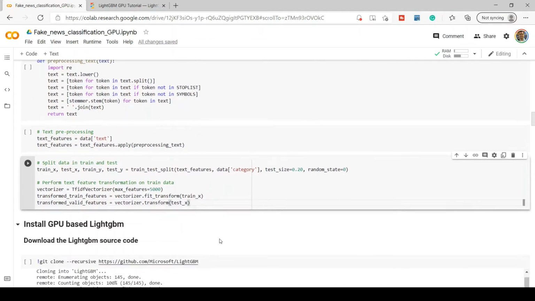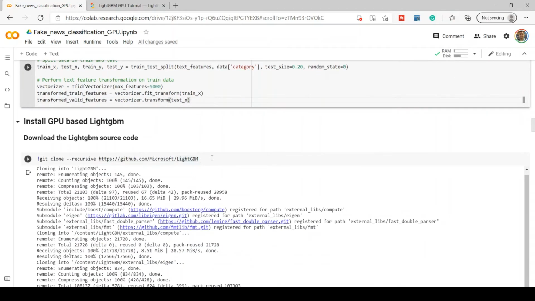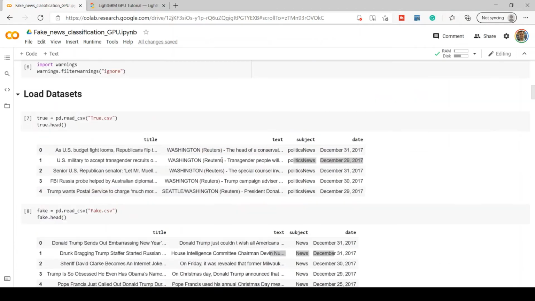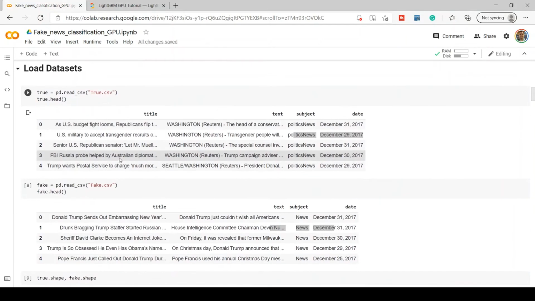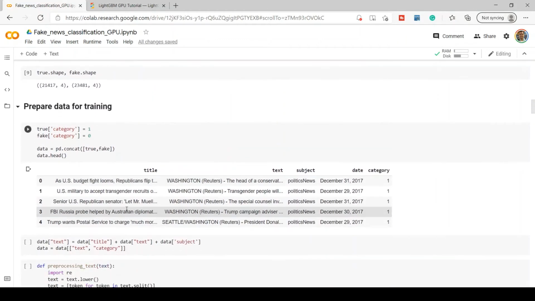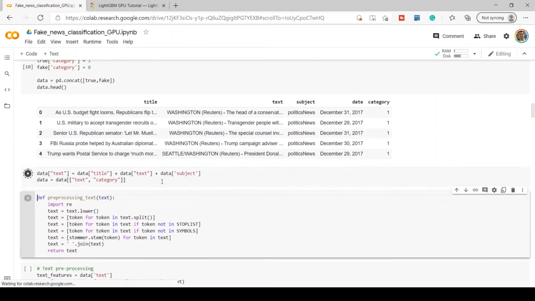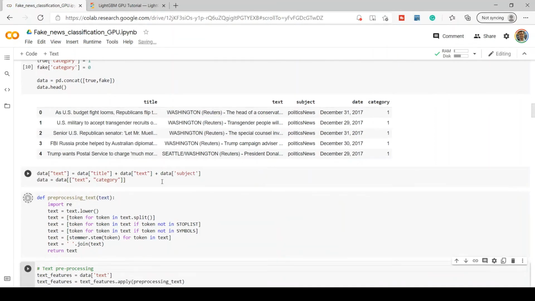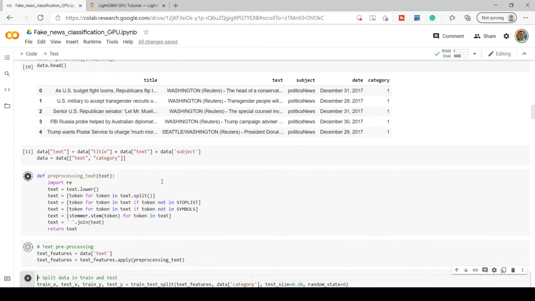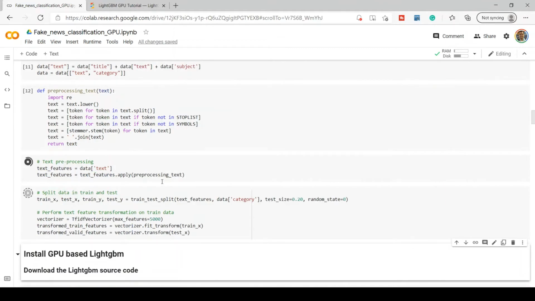And now we'll start performing all the activities required to enable LightGBM in GPU mode. Before that, I will simply run all the statements above. So I will run this cell, create dataset, preprocessing function, and then I will create the transformed feature list. Now it's done.